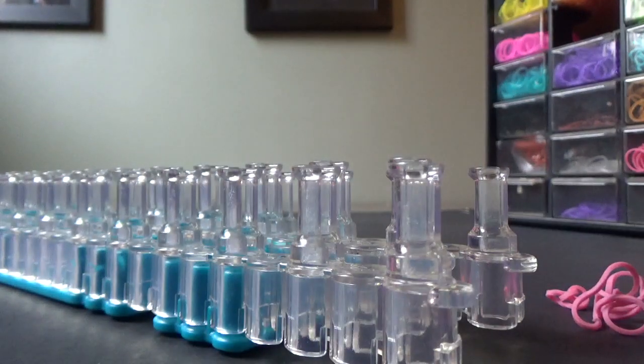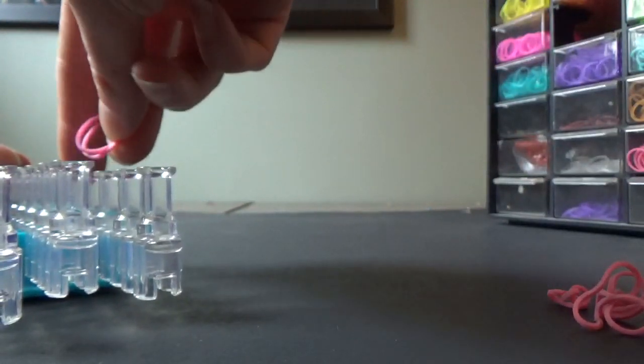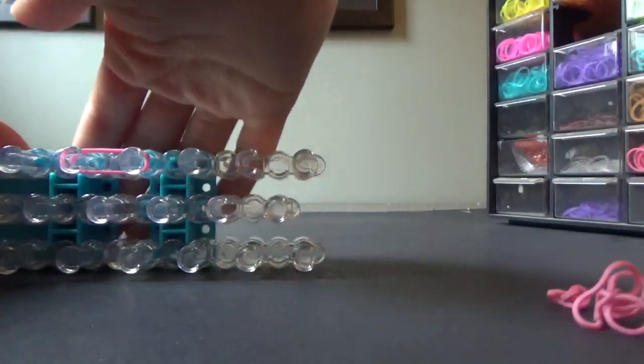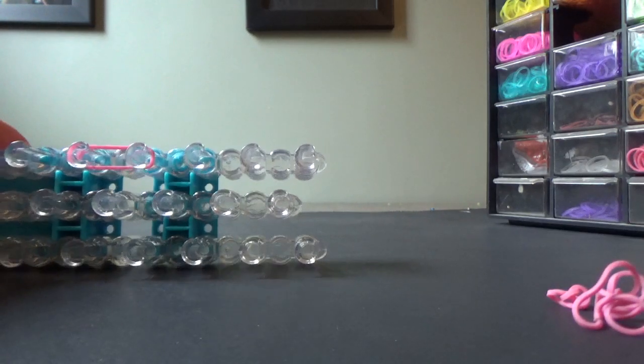Let me grab the pattern here. Okay, for our tail, we're going to take 2 pink bands together and we're going to count up to the 5th peg from the bottom and come down to the 4th peg from the bottom with those 2 bands. And then we're going to come down, trying to see what I've done here. Okay, it looks like, oh, that's why it looks a different shade there, because now we're going to switch to